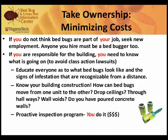And I would even advise you, if you're in a position to hire people into multi-unit housing that are going to be employees for your management company or what have you, that this be part of the interview process as well. Because I hear this across the United States a lot. It's like, well, bed bugs, I wasn't hired to have to deal with bed bugs. And let me tell you, for everybody who's listening here, I was not hired to deal with bed bugs either. When I came into my position, it was German cockroaches and subterranean termites, so I've had to embrace bed bugs